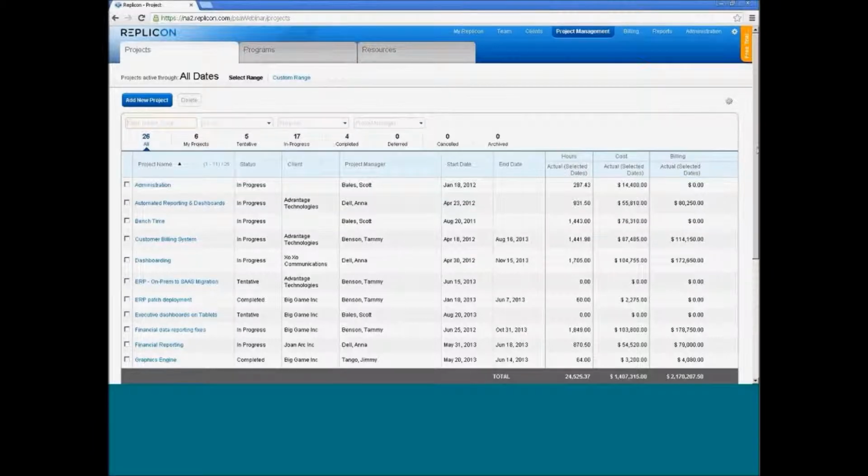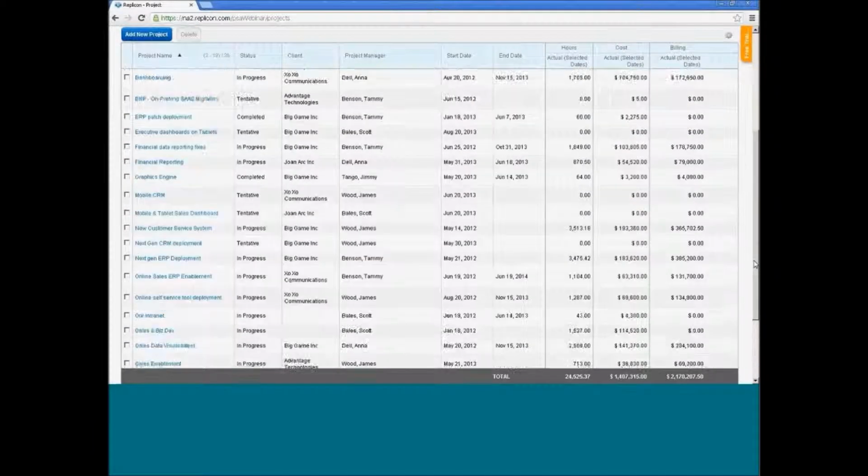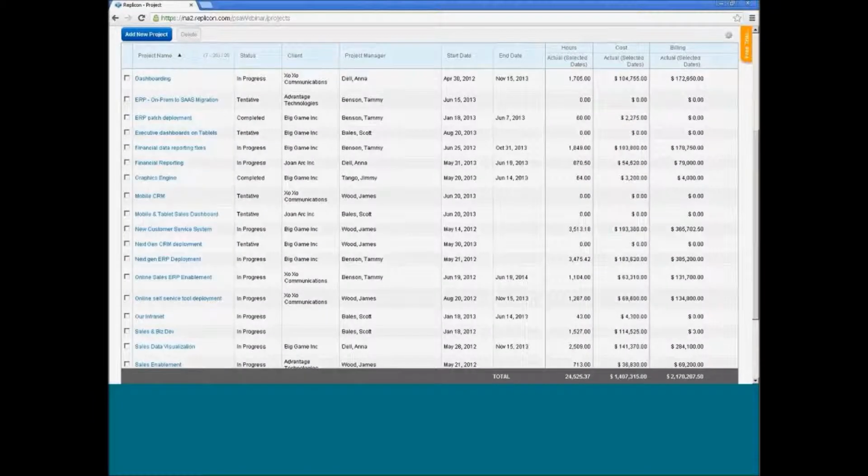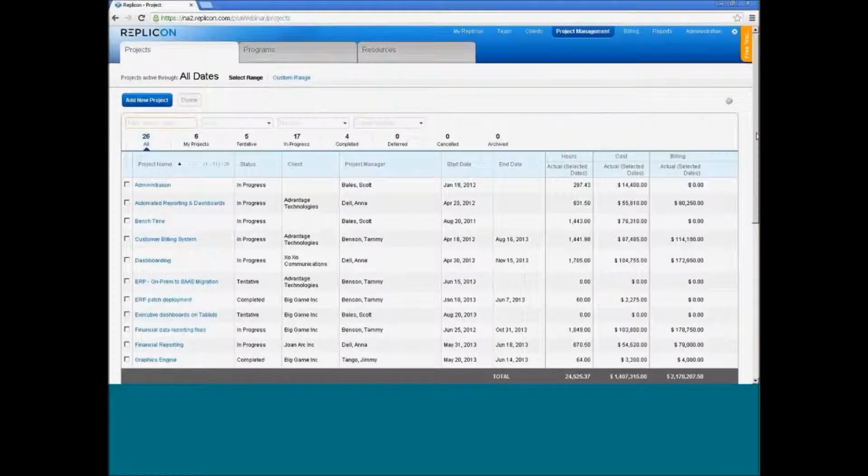This list is, of course, going to present indefinitely and allow me to scroll and bring up more of that data. I don't have to page through information anymore, setting how many records I want to see per page. It's going to propagate as you need to see it. Now, the last point I'll make here with regard to the project list page and all of our list pages